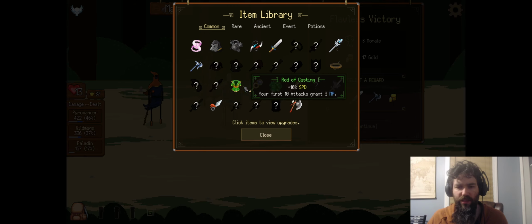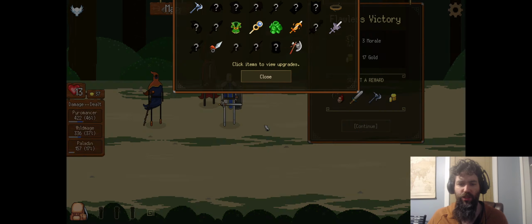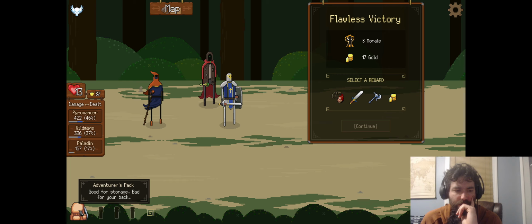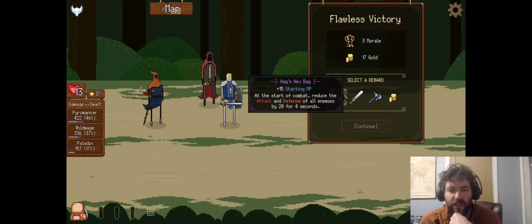Where's an item with like defense on it? Oh, it just shows me the upgraded one. So I can't actually see what the stats do. That seems like an important thing. What's this? I don't know. Good for storage, bad for your back. Okay. I guess we gotta decide if we just want...